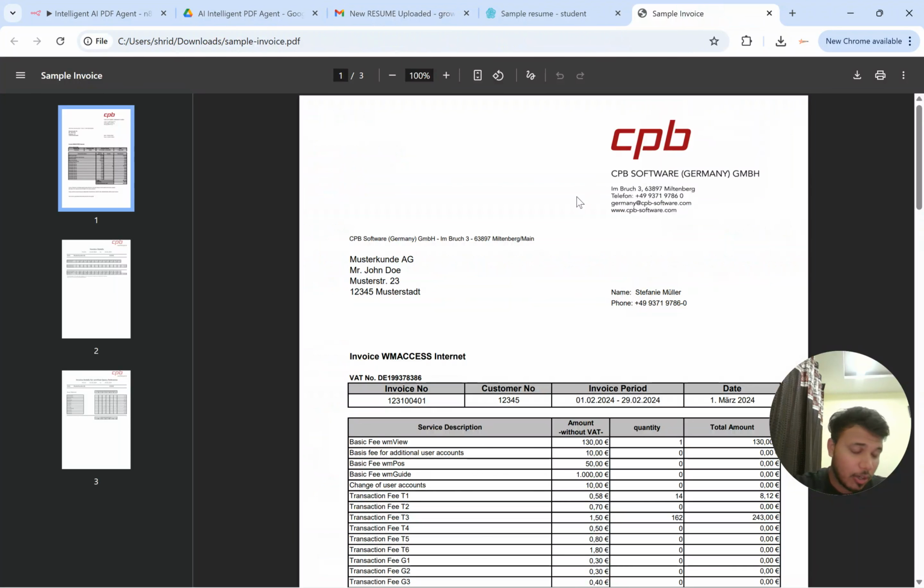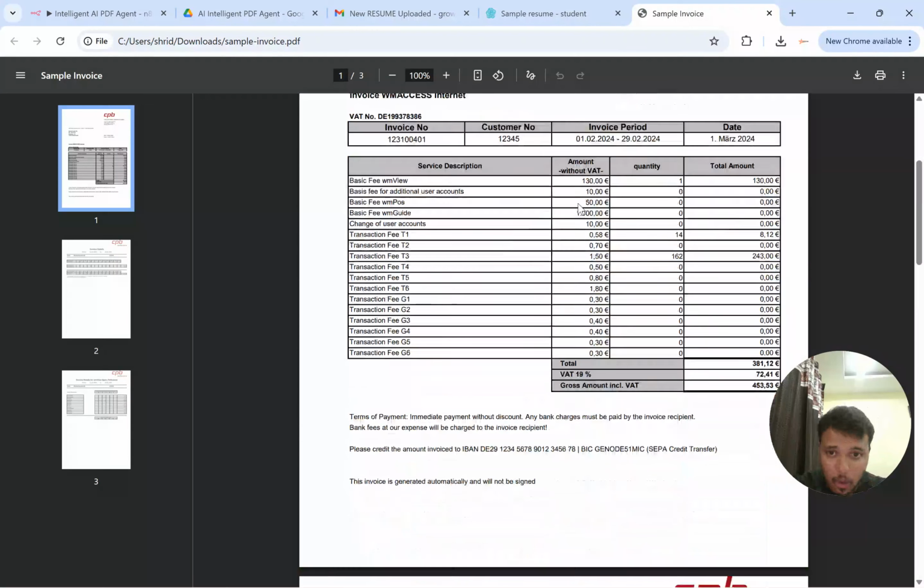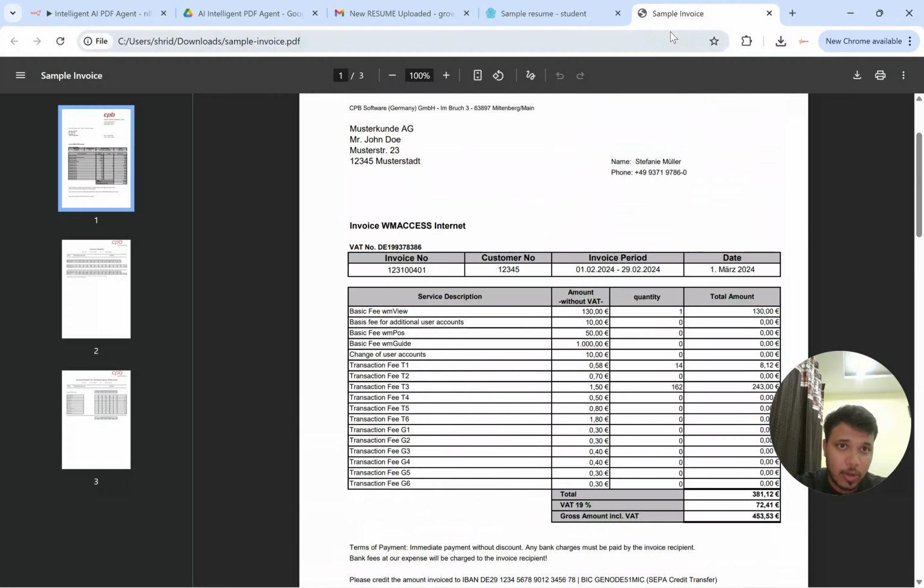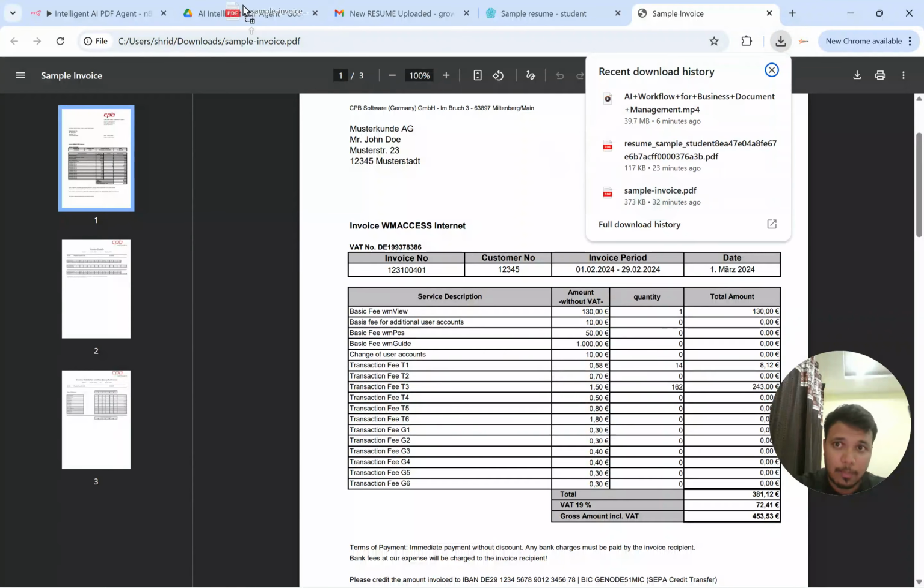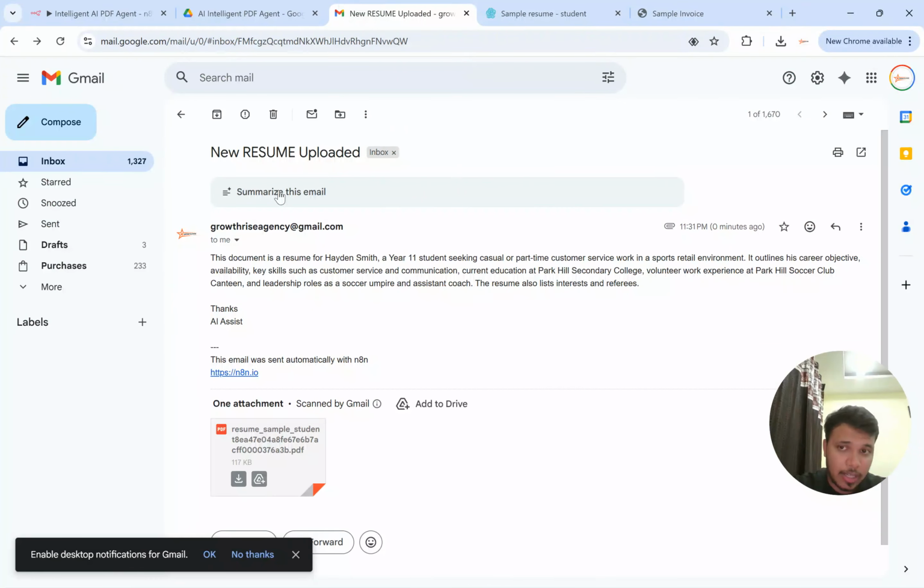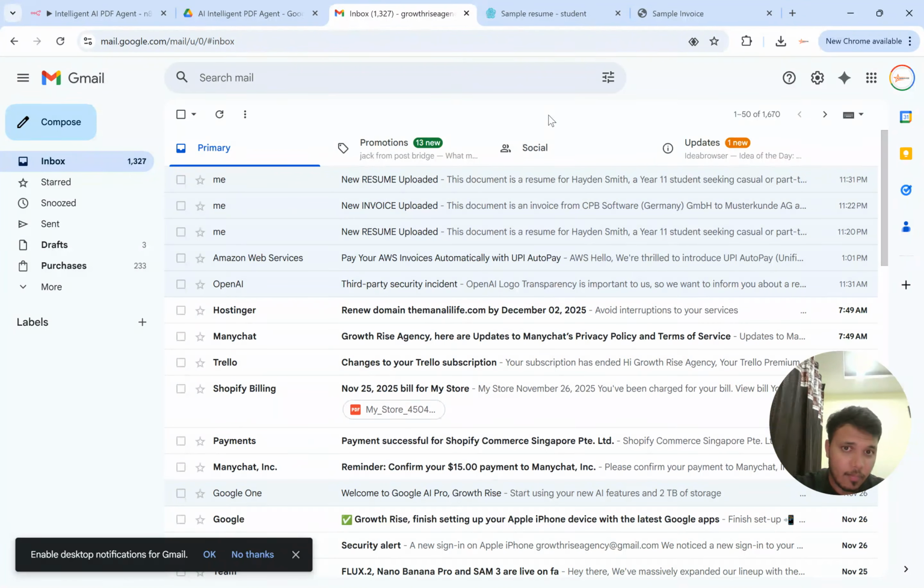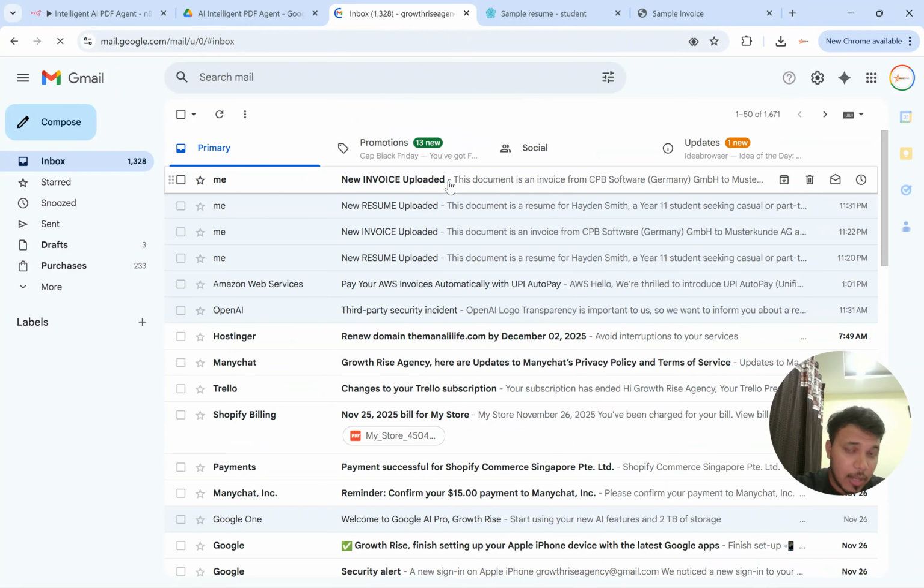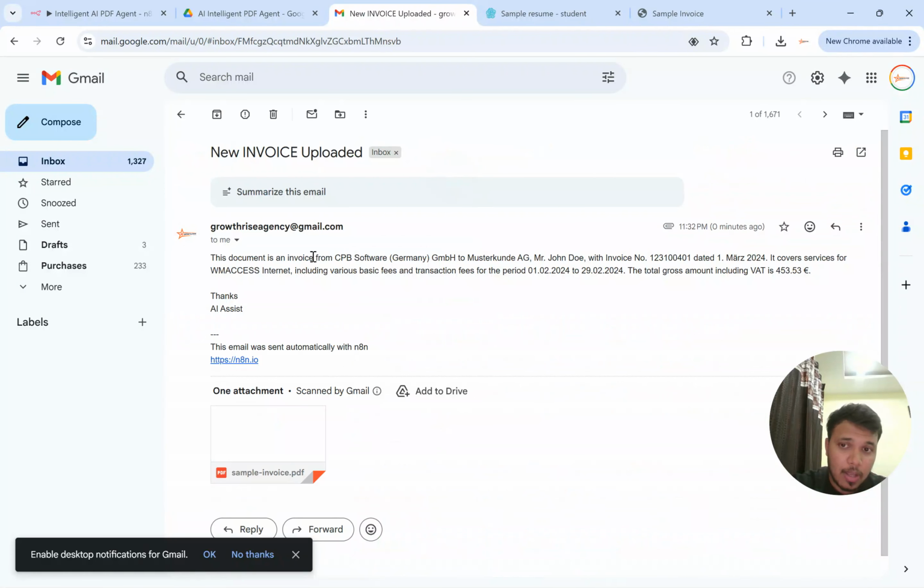So let's say this invoice is from a company which has all the details on what fees they are trying to get out of us, and then the VAT percentage and everything. So let's drag and drop this invoice as well. Okay, so this is getting uploaded. Now this is uploaded. Let us wait for another email on the invoice. There you go. So the invoice email has also come. It shows you this document is an invoice from CPB software, which has the invoice number,